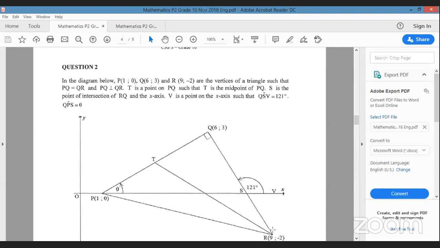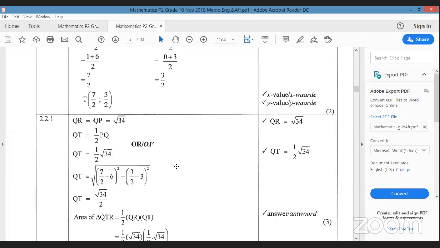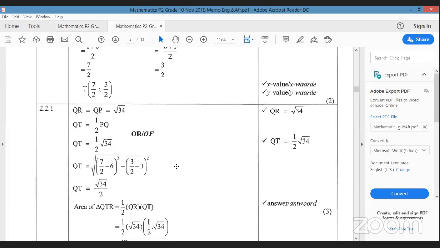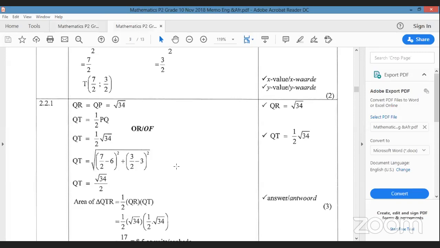Does it make sense, boys and girls? We know that T was the midpoint of P and Q, and we got its coordinates. Does it make sense, guys? All right. Now, what we're supposed to do here, guys, you're supposed to say, okay, now,